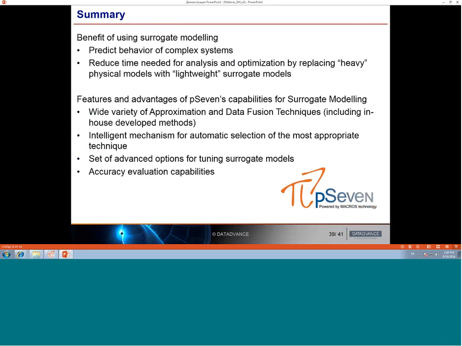Today we had a very important discussion about surrogate modeling capabilities inside pSeven. I hope I motivated you a lot about engineering applications of surrogate modeling, and we showed you that it's very simple inside pSeven to construct a surrogate model. So the benefits of using a surrogate model: you can predict the behavior of complex systems. You can reduce the time needed for analysis and optimization by replacing a heavy physical model with lightweight surrogate models. And